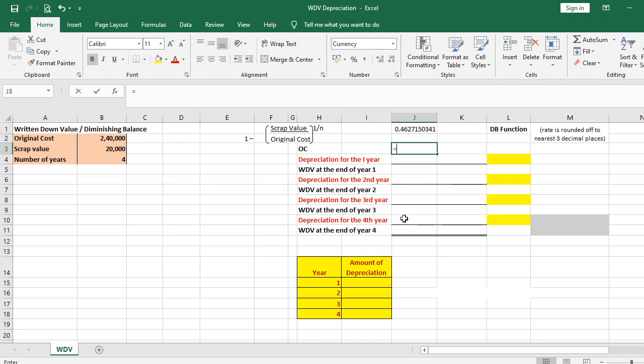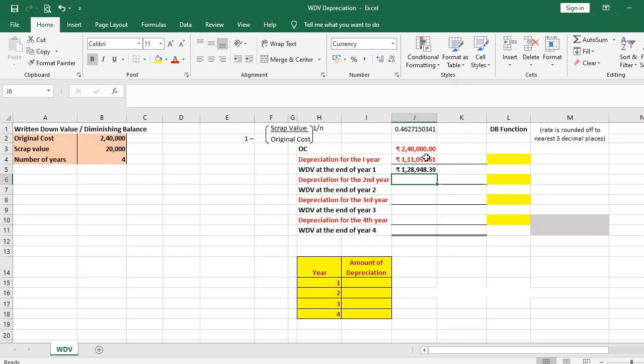So let us take the original cost from there. It is this cell 2,40,000. So depreciation for the first year is equal to this original cost multiplied by this rate of depreciation. It gives 111,051.61. Now we can find out what is the WDV at the end of year 1. It is original cost minus depreciation for the first year. So it comes to